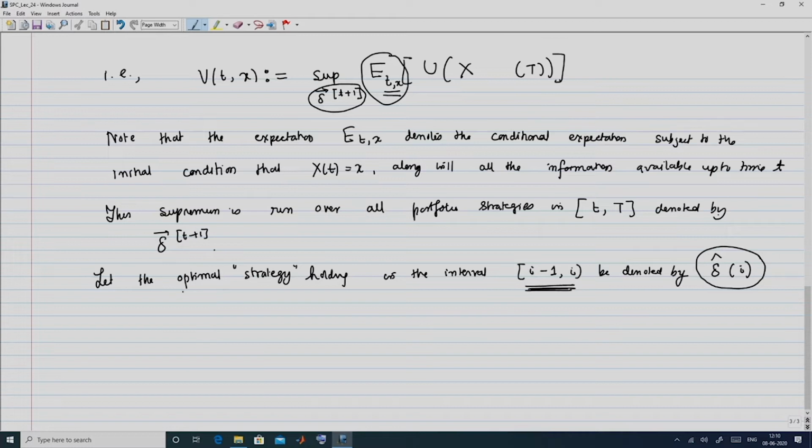So, this optimal strategy holding in this interval is denoted by delta hat of I, and accordingly,